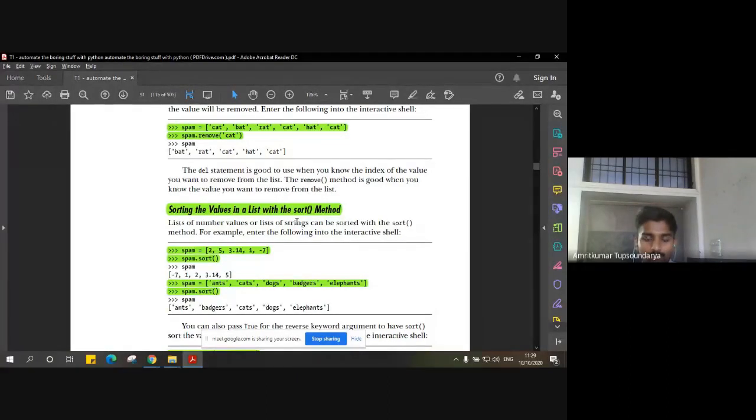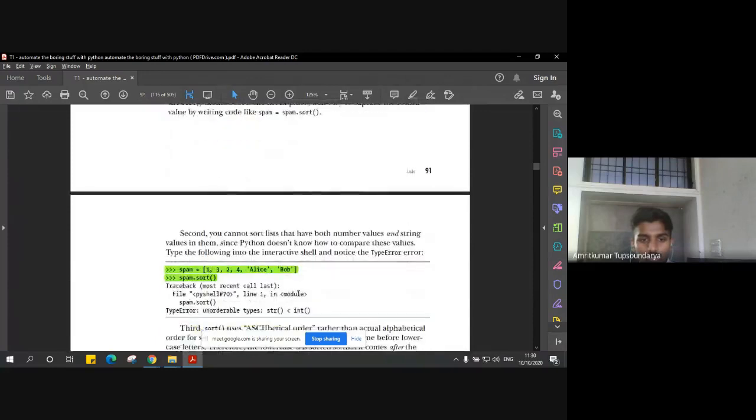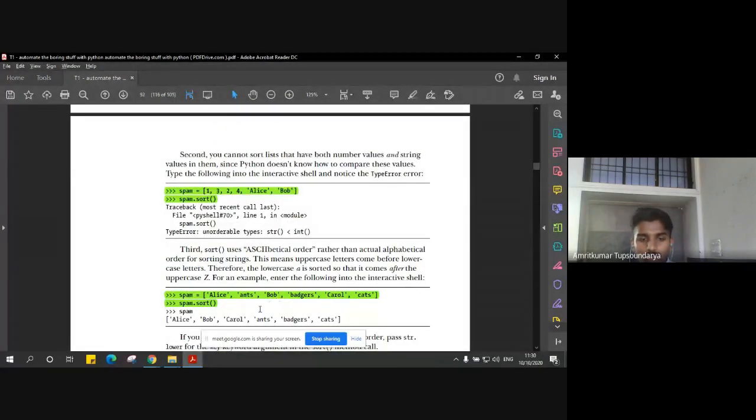Now, in the alphabetical order, let's say we have items in the list where a few are lowercase letters and a few are uppercase letters, right? In that case, the elements will be sorted in alphabetical order, but the capital letter elements will be sorted first and then followed by the lowercase letter elements. So here is a simple example of what you see: we have a list called spam wherein we have two items starting with A.